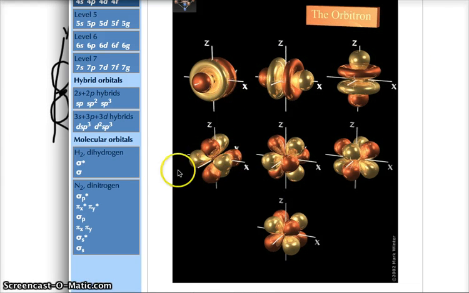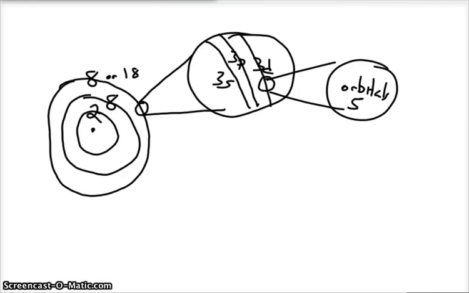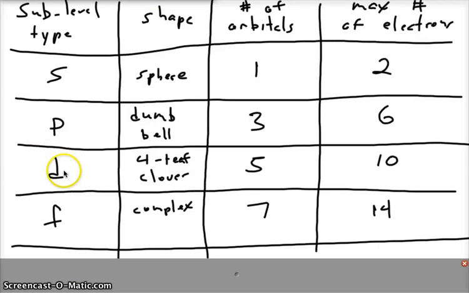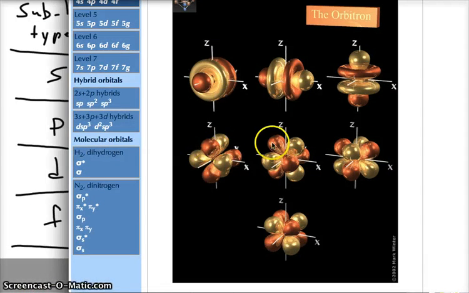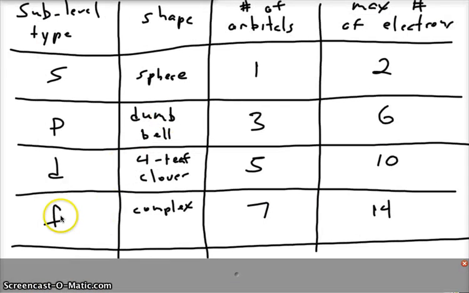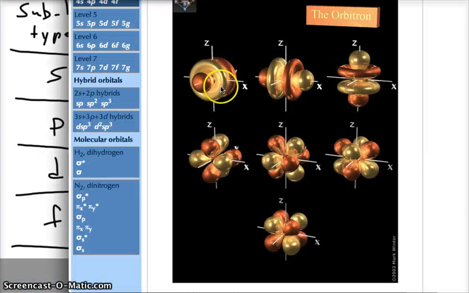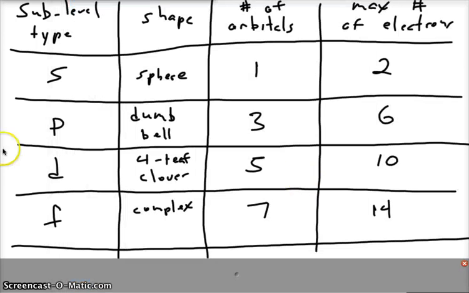So the D sublevel has, back up here, the D sublevel, I'm sorry, that's the Fs. These are Fs, not Ds. Sorry, made that mistake there. These are Fs. So if you take a look at your F sublevel, you have 7 orbitals. Each of those 7 orbitals can have 2 electrons, so 2 times 7 gives you the 14 electrons possible in